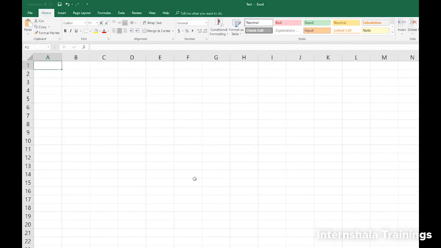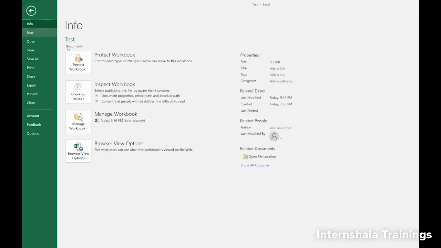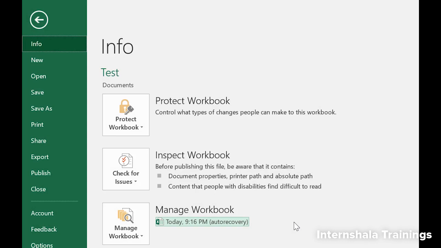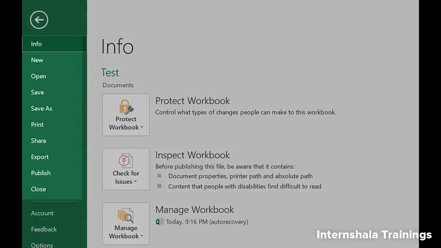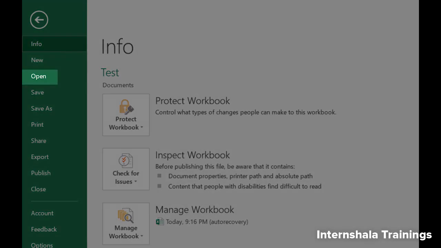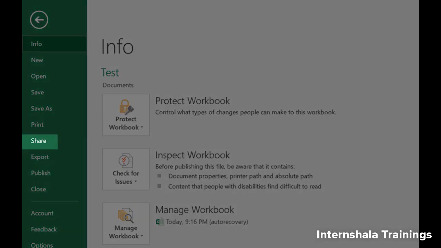The very first tab in the ribbon is the File tab, which gives us access to Backstage View. We actually already used it when we learned how to open and save workbooks, but as you must have noticed, there are several other functions available within this window. Through this navigation pane right here, we can access common file-specific features such as opening, saving, printing, sharing, and exporting